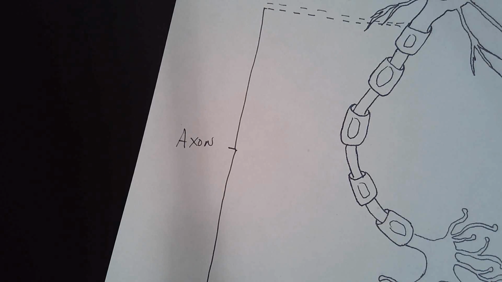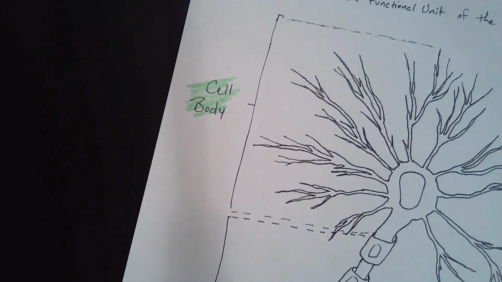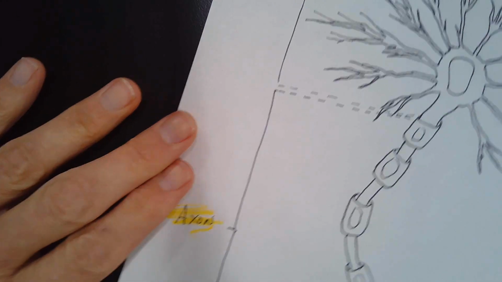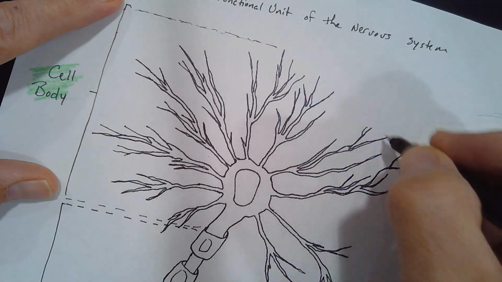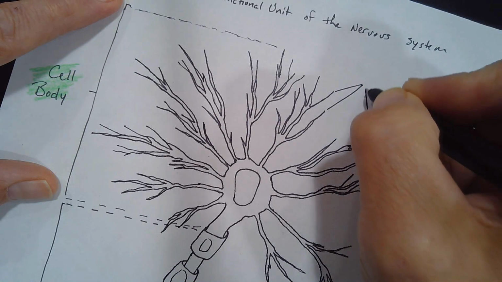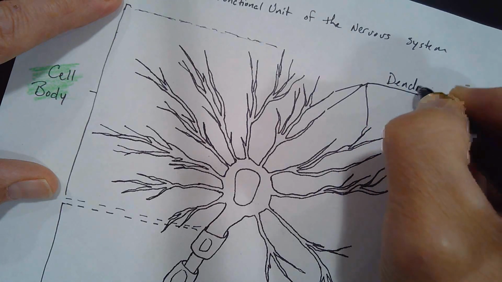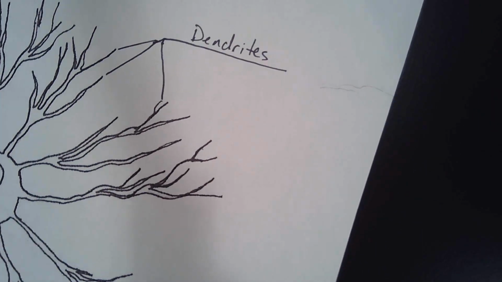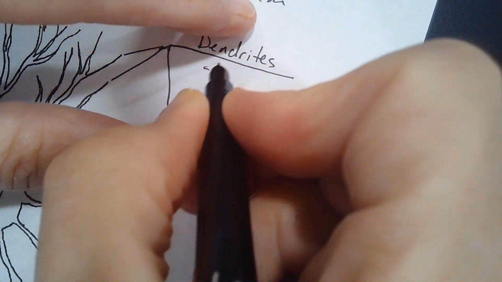All right, so we've got a cell body, and we've got, let me color that in a little bit, an axon. We'll talk about both of these in turn. Take a look at the cell body. I'm going to stay at this top part right now. We have all these little branches on here. They are all called dendrites. Zoom in on that so you can see it better. Dendrites,